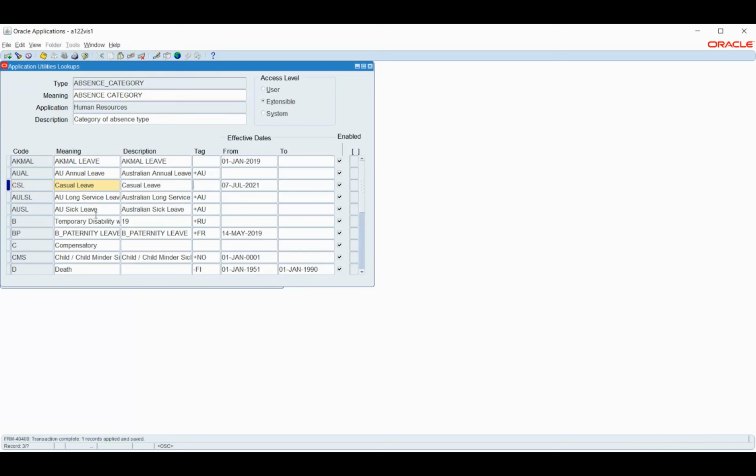Basically, the system validates whether this is a unique record using the combination of code and meaning. If this code has been used already, the system is not going to allow me to use it, because casual leave has been registered already. So that's the understanding. Now that we don't have the casual leaves, we have created it manually, and probably the date we can have it here.